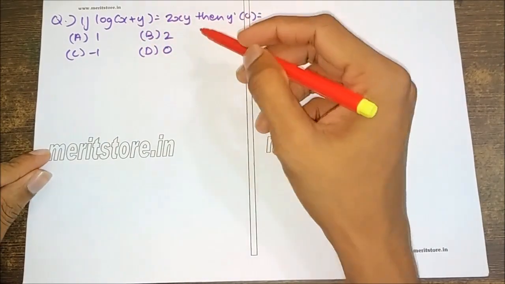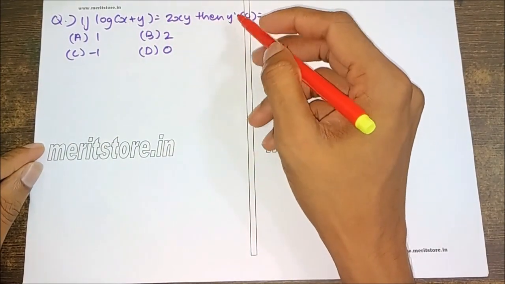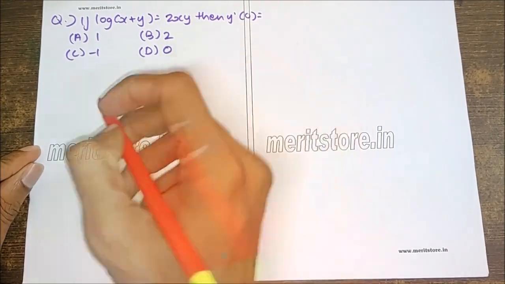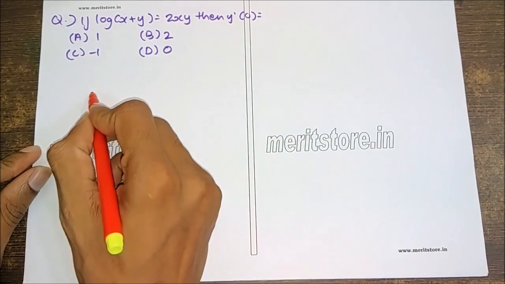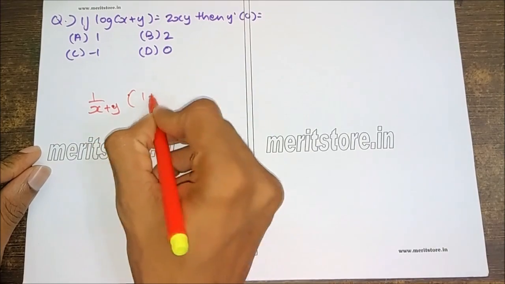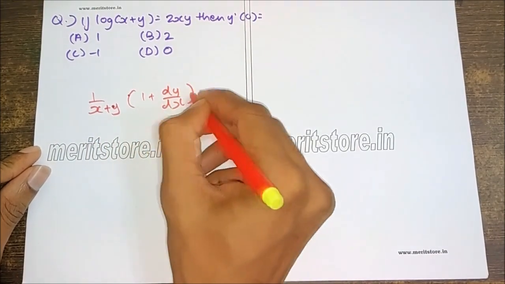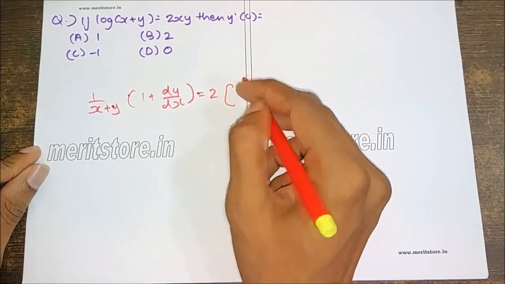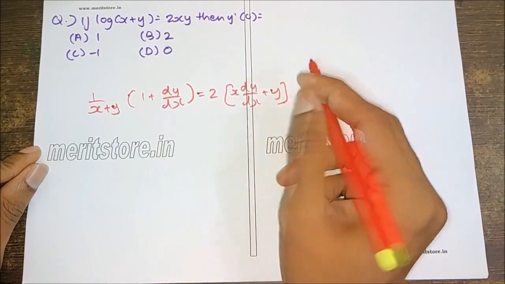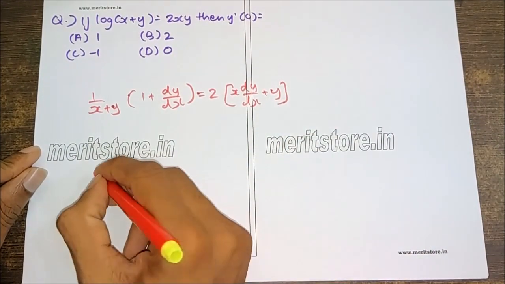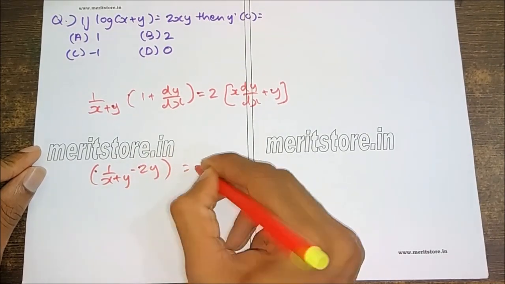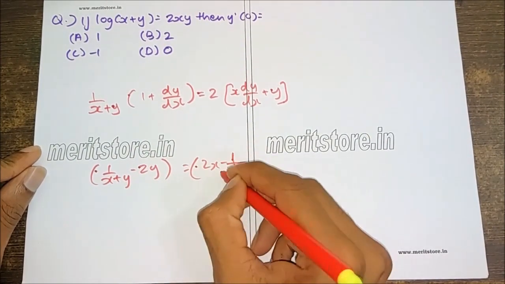If log(x plus y) is equal to 2xy, then find y dash, that is, the derivative of y at 0. We are given 4 options over here. We differentiate both sides, and we get 1 upon (x plus y) into (1 plus dy by dx), which is equal to 2x dy by dx plus 2y. Now rearranging, we get